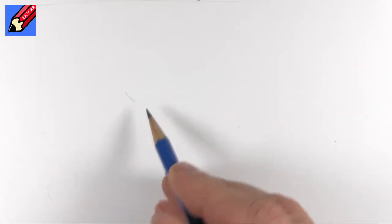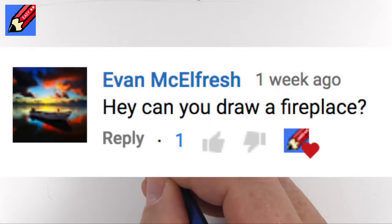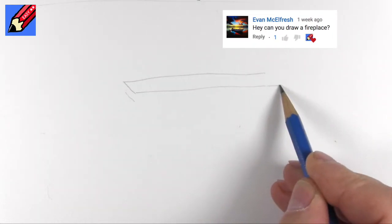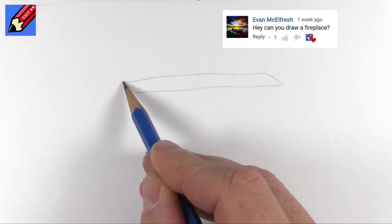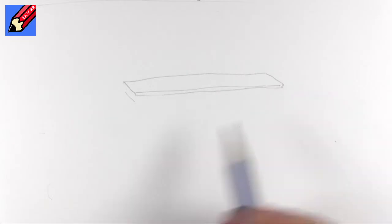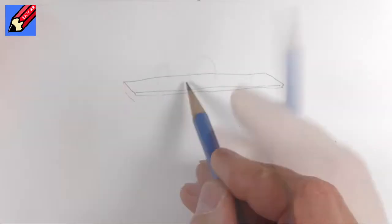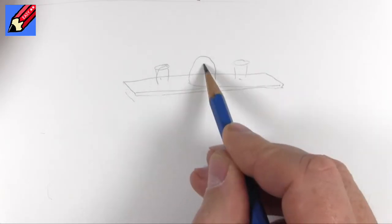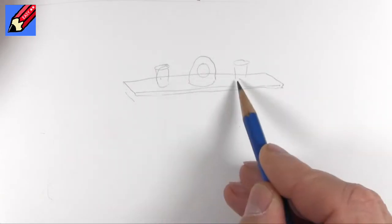Well, I had an email from Evan McElfresh, could be McElfresh, who said, can I show how to draw a fireplace? Well, that can mean various things, but I'm assuming it's a kind of an indoor fireplace. So this is going to be the mantelpiece above the whole thing. So I'm going to put a couple of little things like a clock and a couple of little vases on